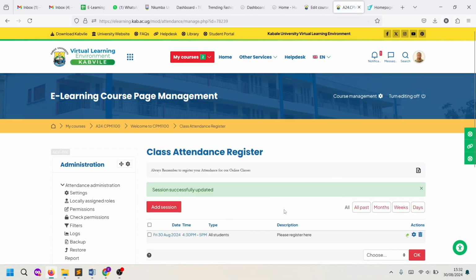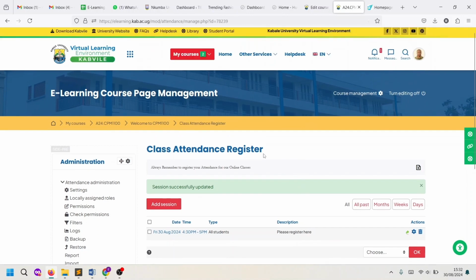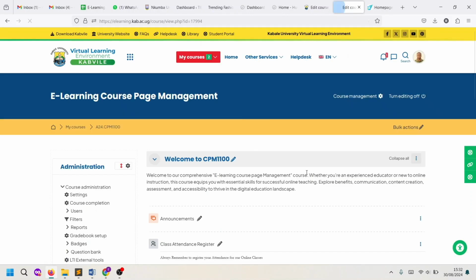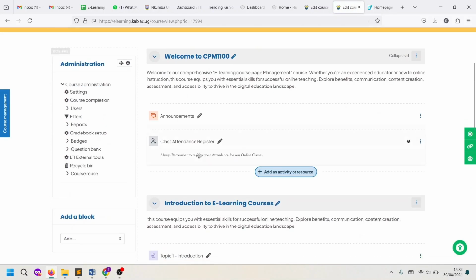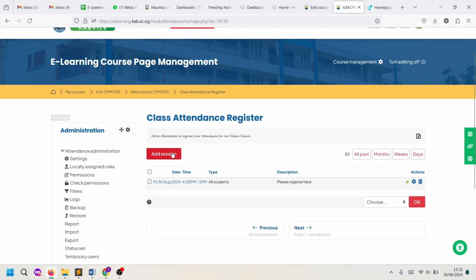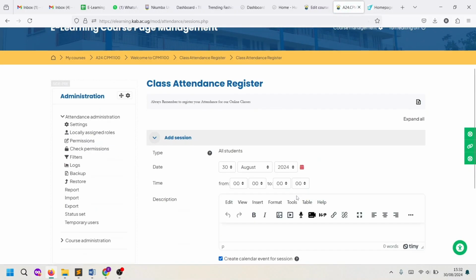So once you allow students to record on attendance, that means the student can log in and actually set their own attendance. So the next time you are teaching, you don't create a new attendance module. You come back to the same, click on it. Once you click on it, add another session. Next Friday, next week, if I'm going to teach, I'll know maybe the date will be in